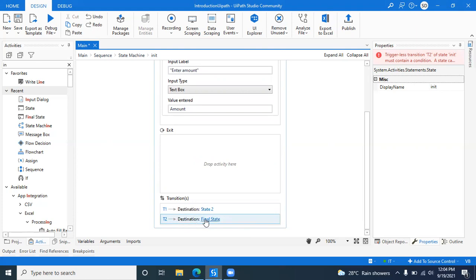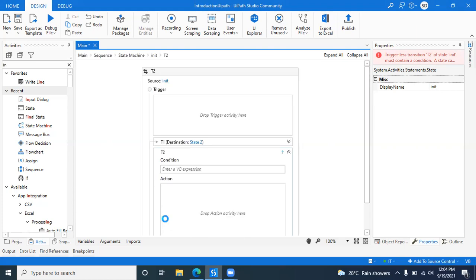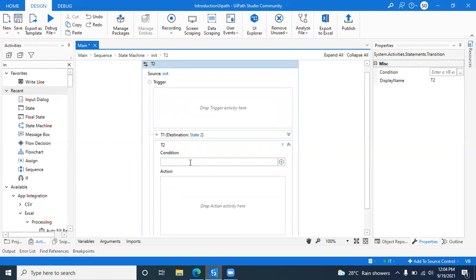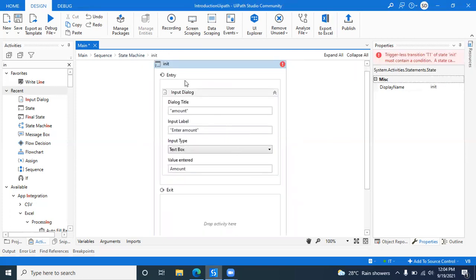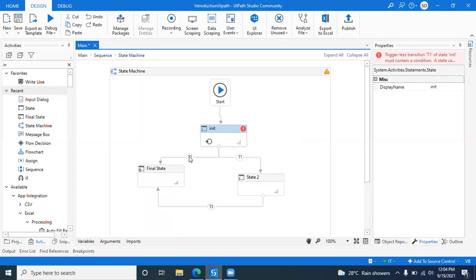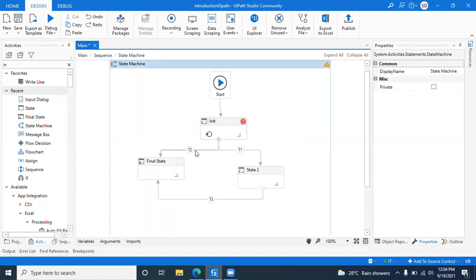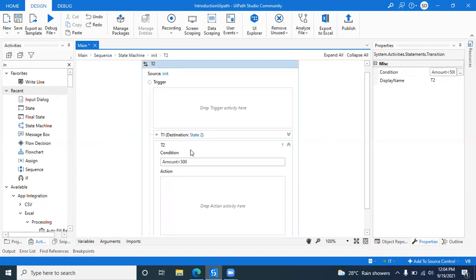So you can click on T2 and put the condition, like if amount is less than 500 or 5,000, whatever, then which state are you going to? You can click on this T2.